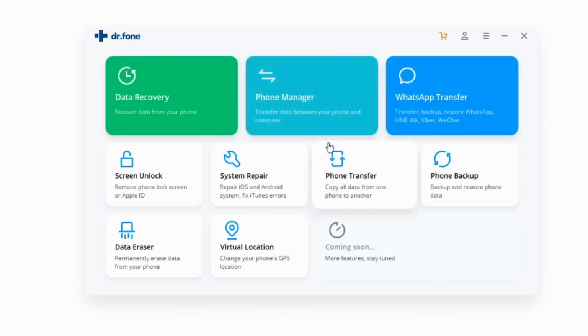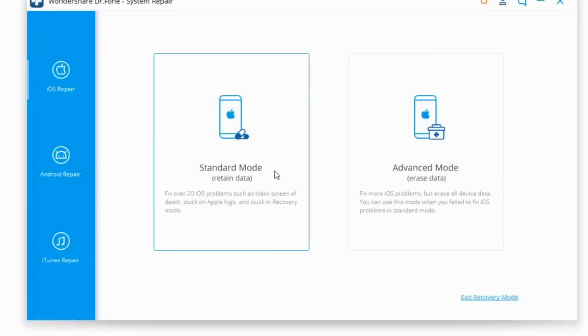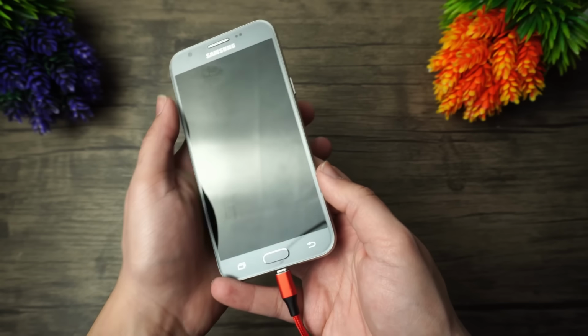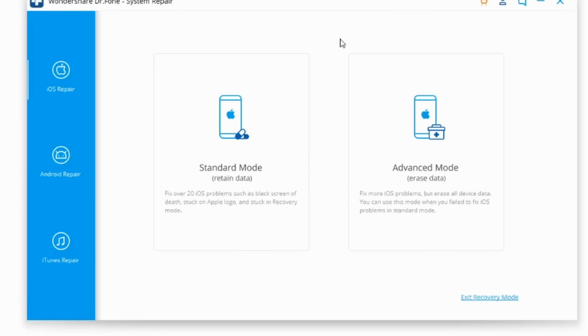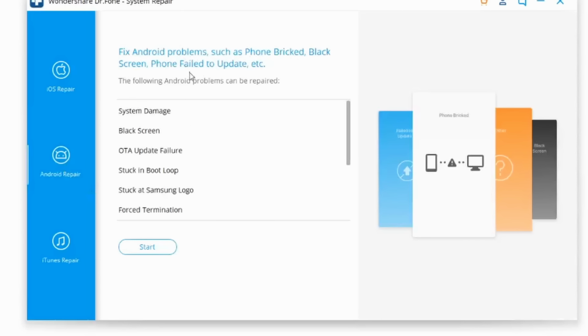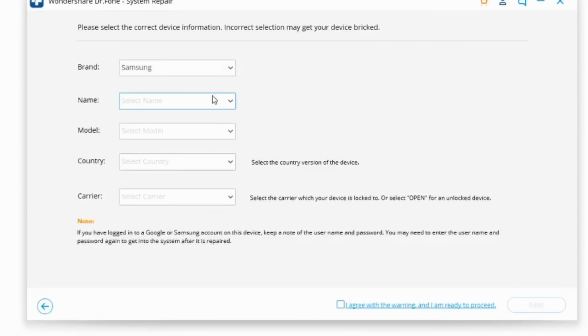So step one is going to be to open up Dr.Fone on your computer, and then once you do, go ahead and tap on the repair option from the interface. Now connect your Android mobile device to your computer, and then you're going to find a range of options here. So go ahead and tap on Android repair right here and hit the start button so you can proceed to fix your Android device that simply refuses to turn on without much hassle.